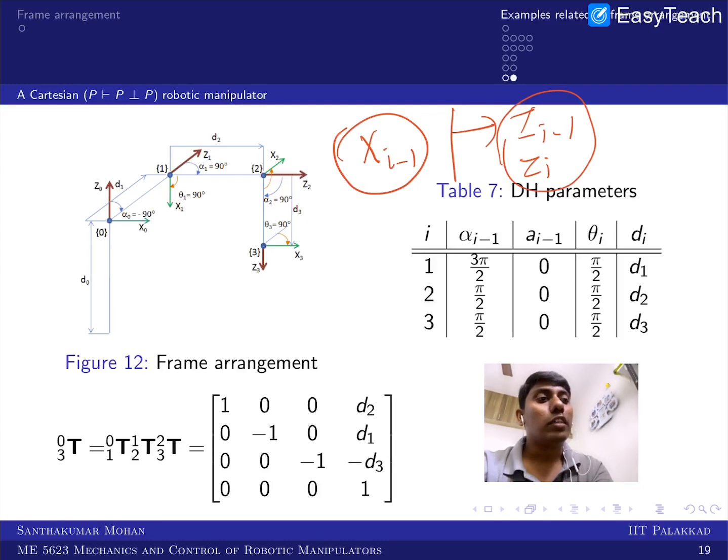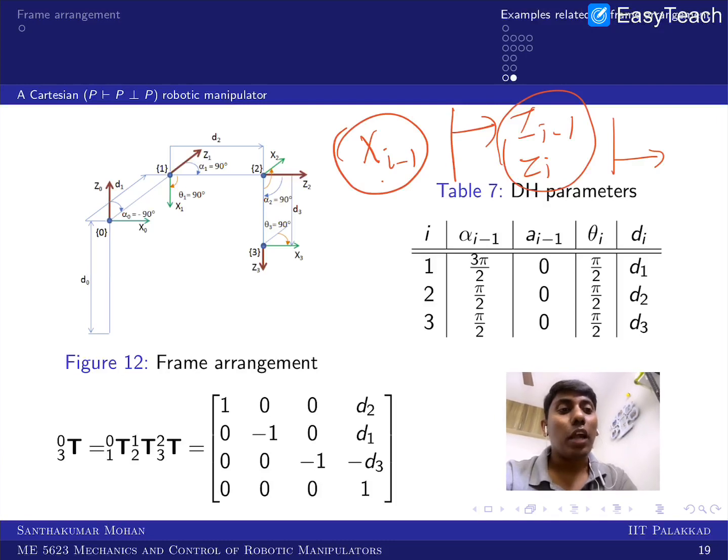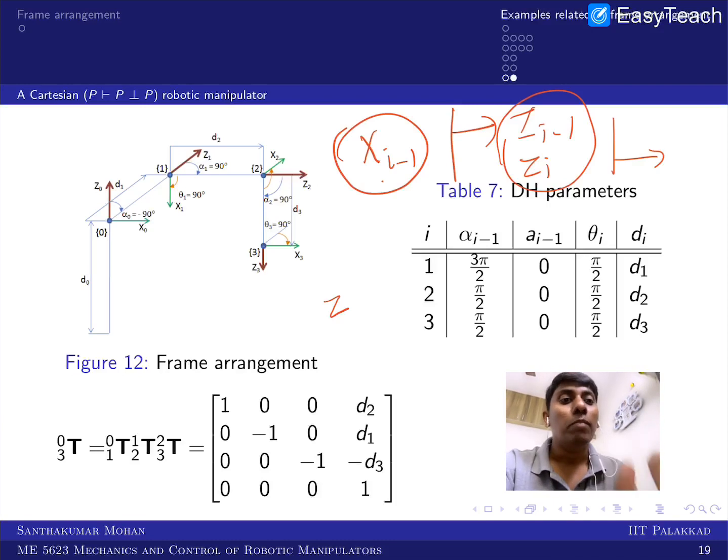Whatever the plane containing these two axes, the x-axis is supposed to be normal to that plane. If these two are parallel, then you can choose any of the other axes as the x-axis, but the right perspective is, progressing to the next side, you put the positive direction of x i minus 1. The second thing is that wherever the joint axis is, it is supposed to be associated with the z-axis. And alpha and theta are to be realized with the right hand rule; the positive rotation is based on the right hand rule. These are all the cases I want you to get to know.